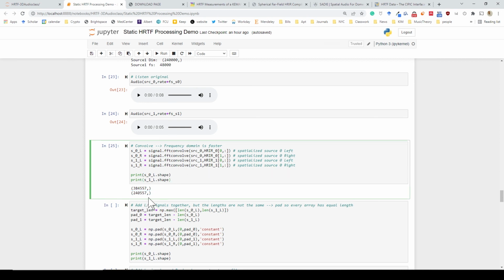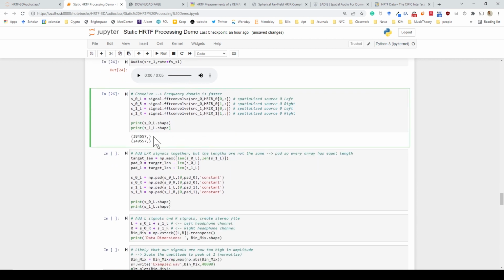You also can appreciate how fast the convolutions happen in frequency domains. So this computes pretty much instantly every time it's executed. So what are we going to do to allow ourselves to add these two together? What we can do is zero pad. So we can zero pad the smaller array to be as long as the larger array just by adding zeros